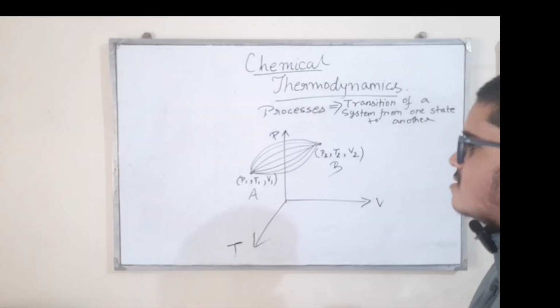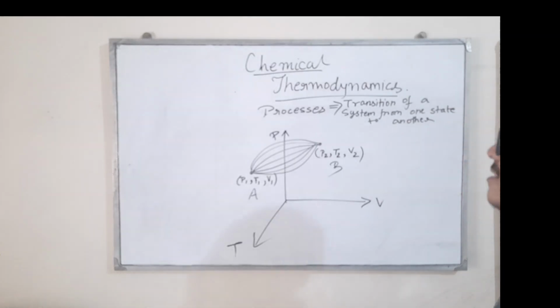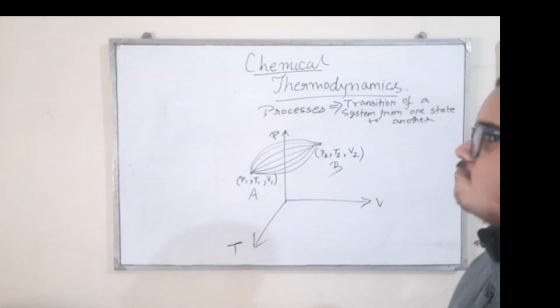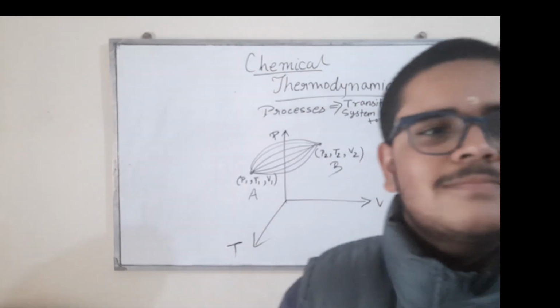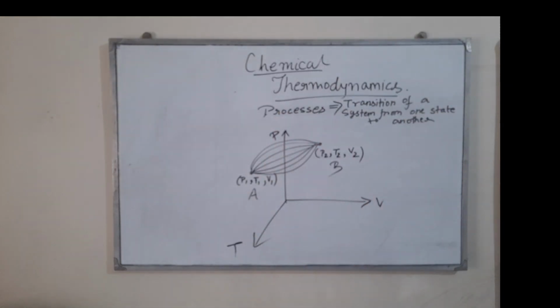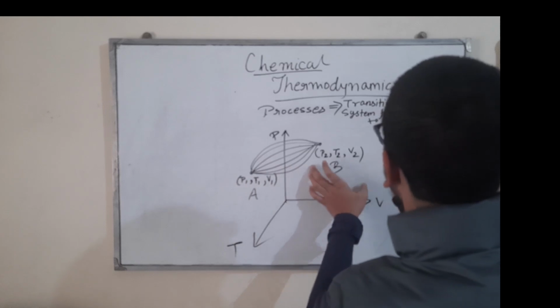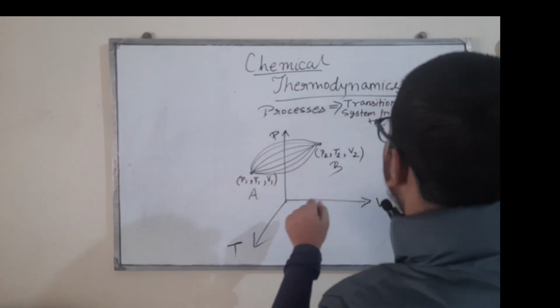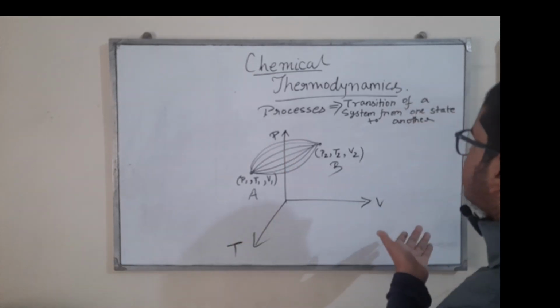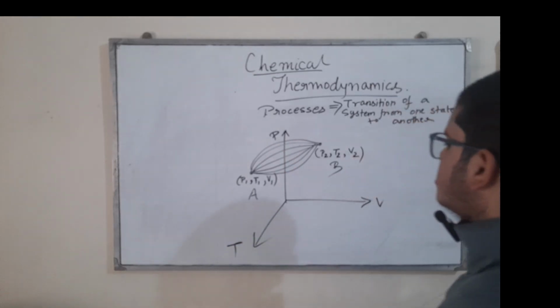Now, just expand your imagination and think, what if the temperature was constant? Just think. Yes, isothermal process, right? This is the general definition of a process: transition from one state to another. Here all the parameters are changing. Pressure along the y-axis is changing. Volume along the x-axis is changing. Temperature along the z-axis is changing. But